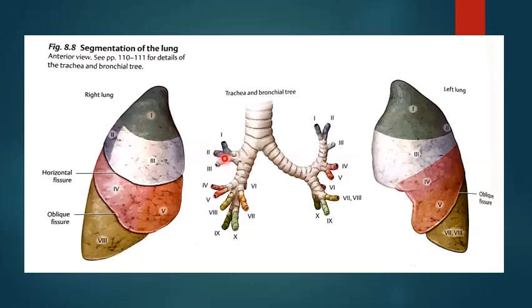So one lobar branch is for the right lung, which, as you all know, has three lobes: the upper lobe, middle lobe, and inferior lobe. So the main bronchus divides into the lobar bronchi, which are called secondary bronchi. Secondary bronchi then divide into the tertiary bronchi, and the segment of the lung which is supplied through the tertiary bronchus is called the bronchopulmonary segment. That we'll see in detail in the further discussion, right? So this is the right bronchus.